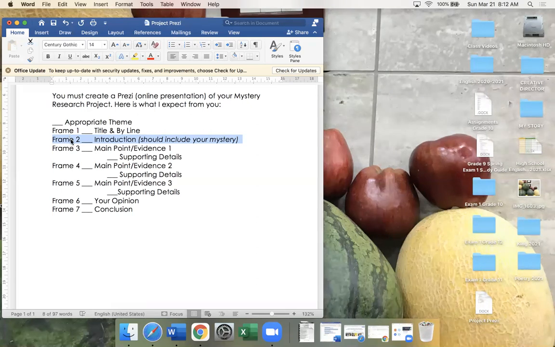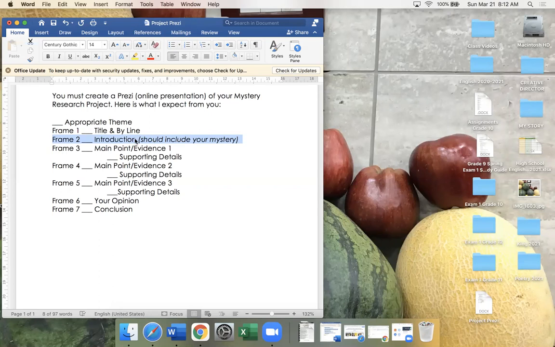Now, to be clear, during a presentation, we're not copying and pasting paragraphs from our paper. We're just having headlines, like small phrases, small titles, because when you're giving your presentation and talking about it, you're going to fill in the information. So don't spend so much time on your Prezi just copying paragraphs. No one wants to read full paragraphs on your Prezi presentation. Make sure that it's just the simple format. So again, frame 2, you need to have a clear introduction, and you need to explain what is the mystery